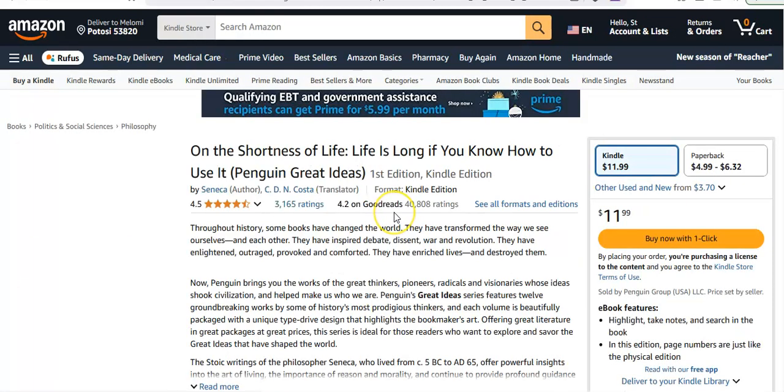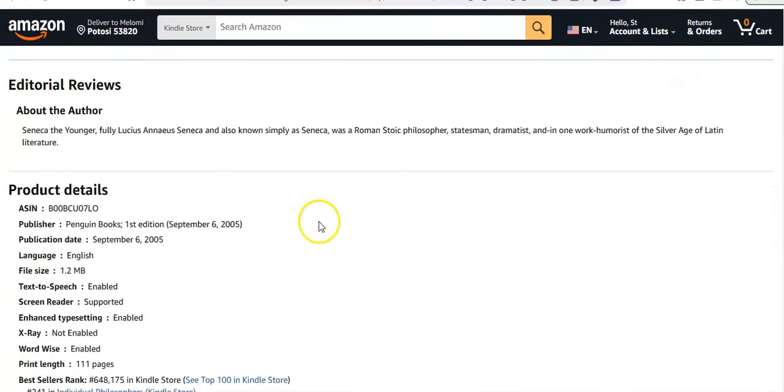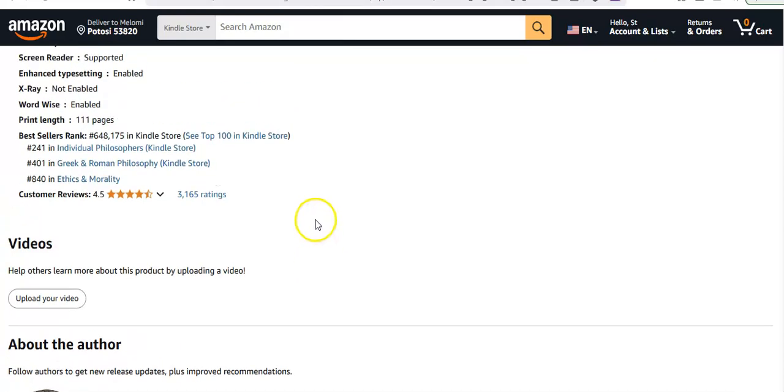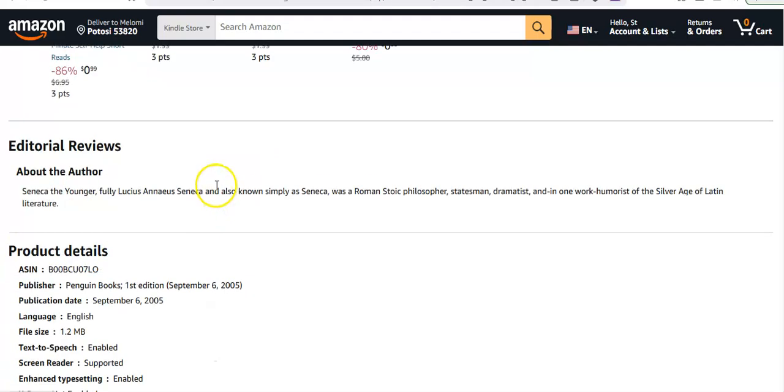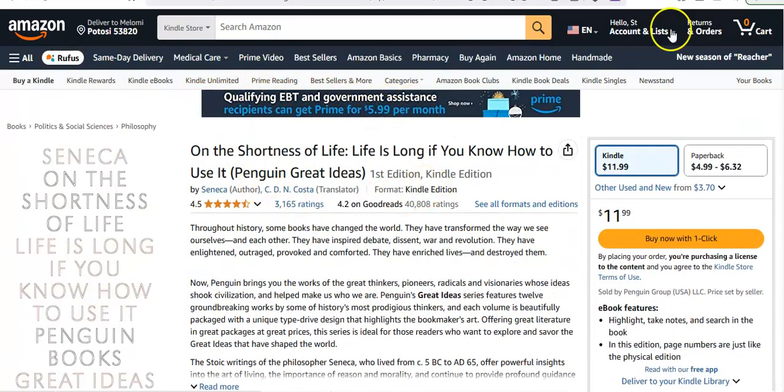Let's look at the ebook. Well, ebooks, it's not under 100, but it's selling. They got lots of ratings here.